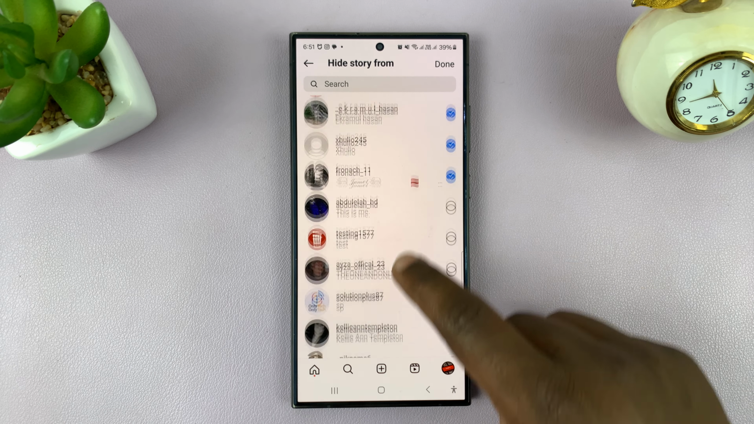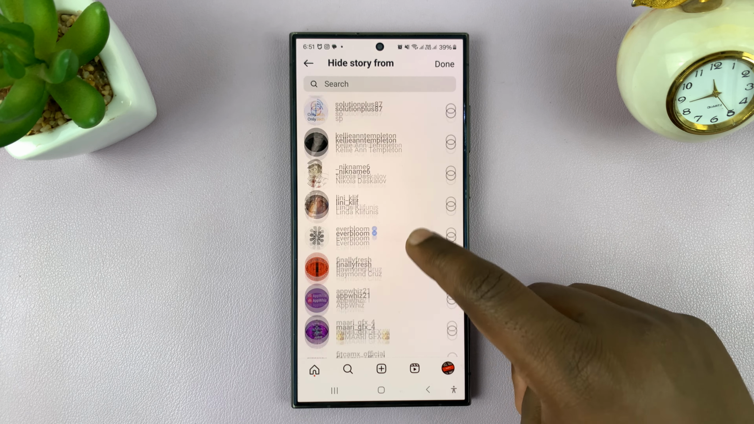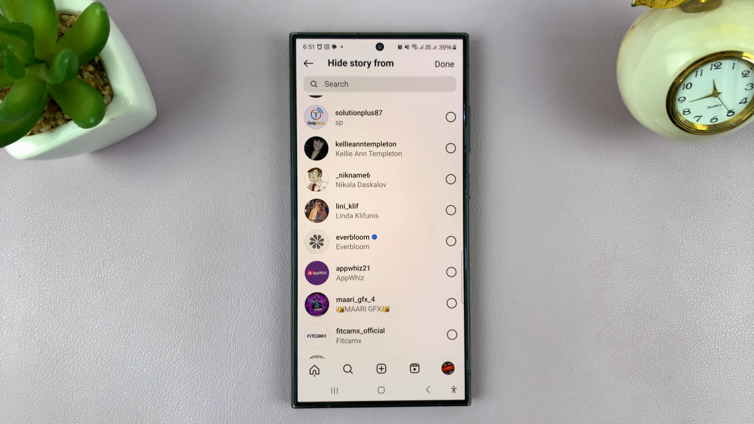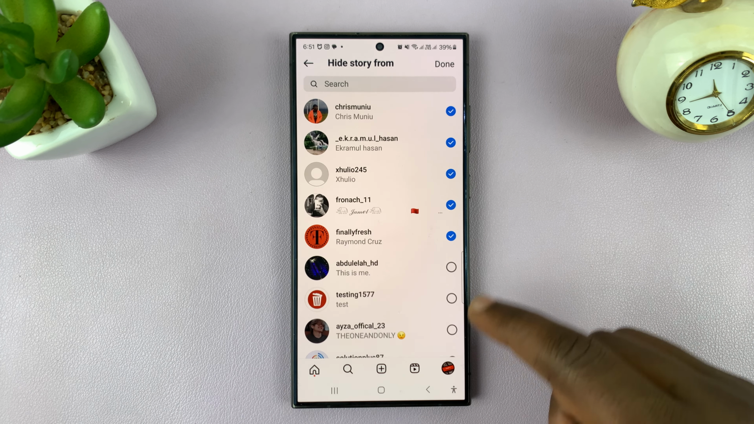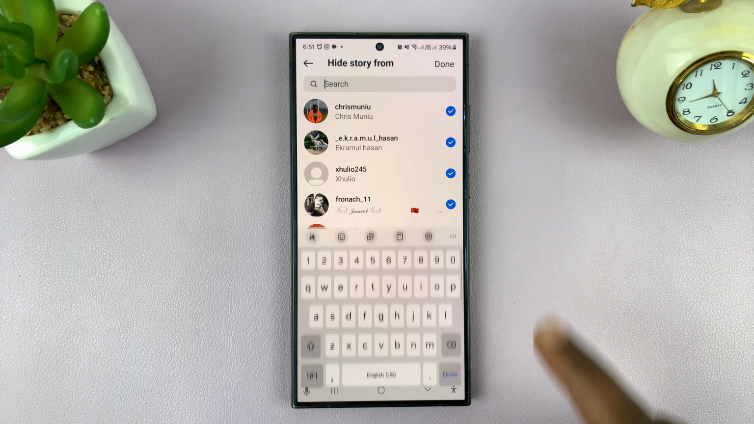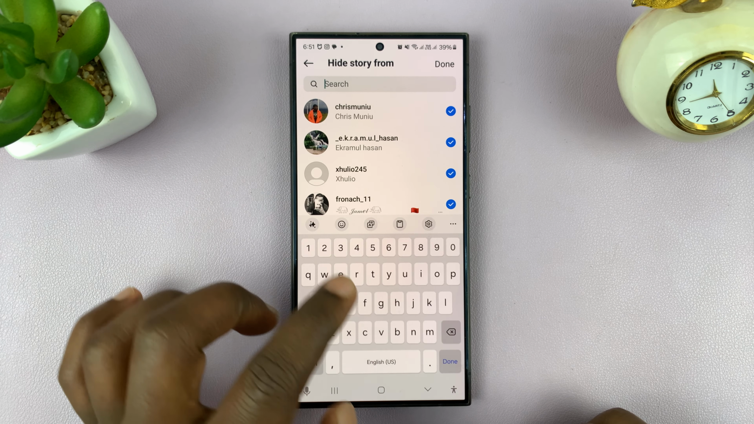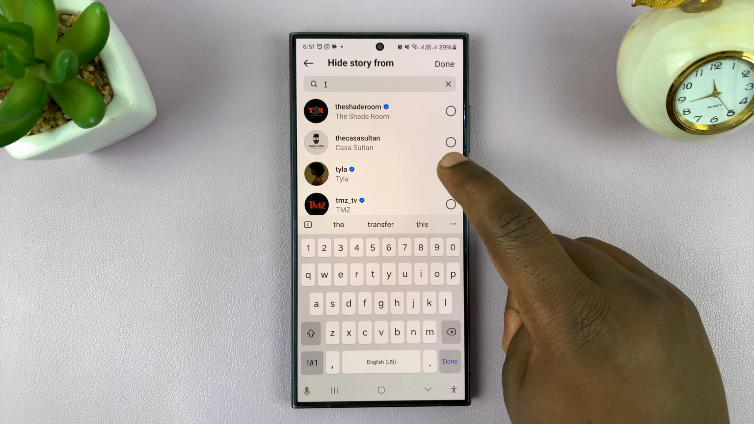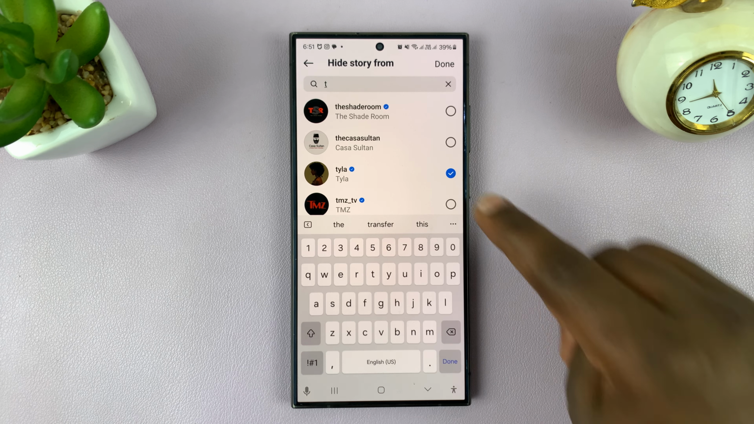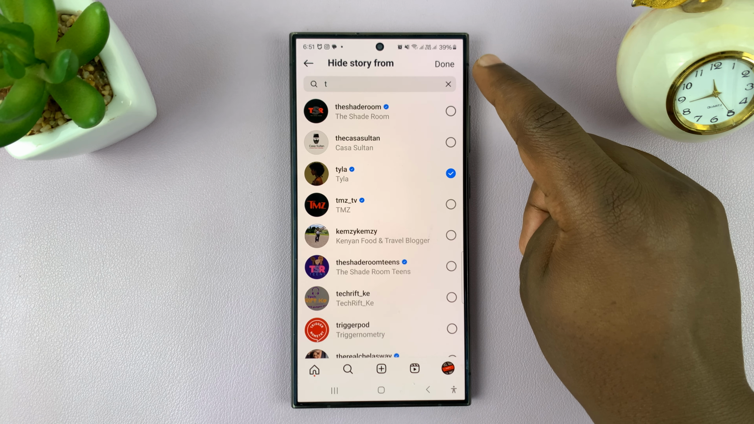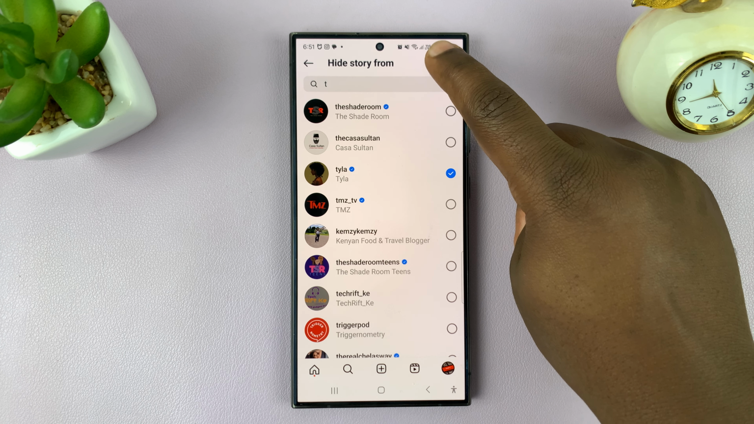So to hide from someone, you can go to this suggested list, pick a person and just tap on that check mark next to their name and they're going to get added to the list. All right. Now, if you want a specific person, you can just go to the search function, start typing their name and you might find them, and then you can add them by checking the check mark next to their name. And then once you're done selecting who you want to hide your live video from, tap on done in